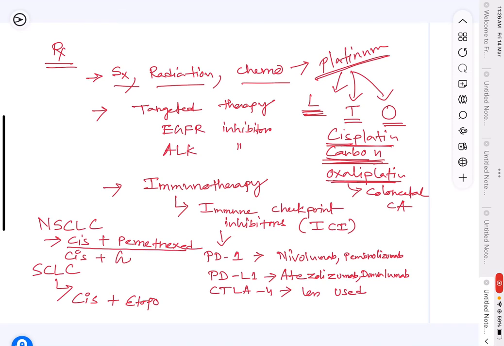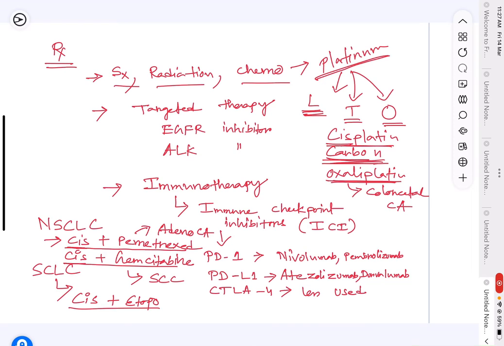Cis plus gemcitabine. This combination is preferred for squamous cell carcinoma. If the patient is not able to tolerate cisplatin, we change to carboplatin. Okay, so for adenocarcinoma we give cisplatin with pemetrexed. For squamous cell cancer we will give gemcitabine, and for small cell lung cancer we give etoposide along with cisplatin